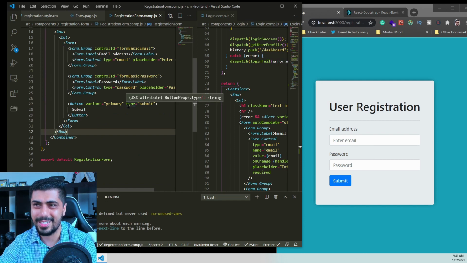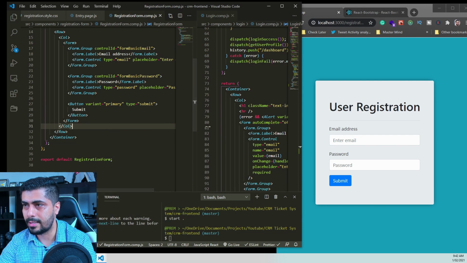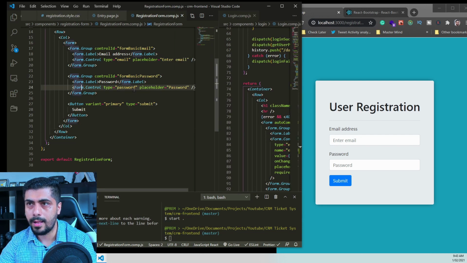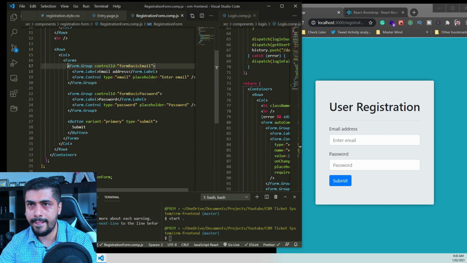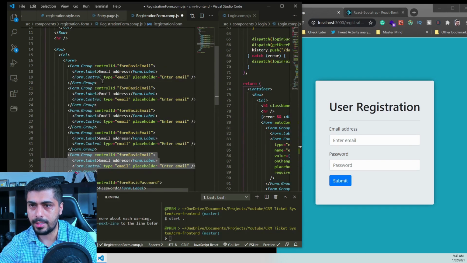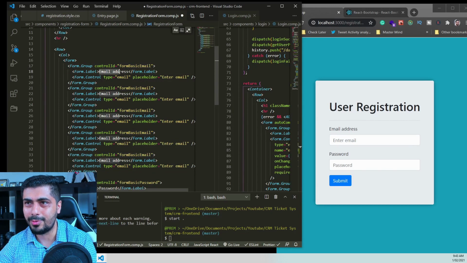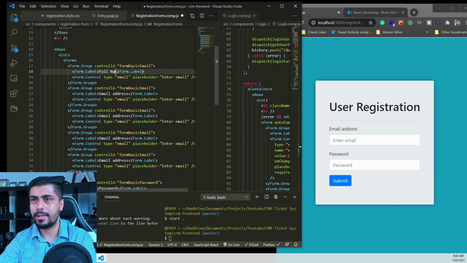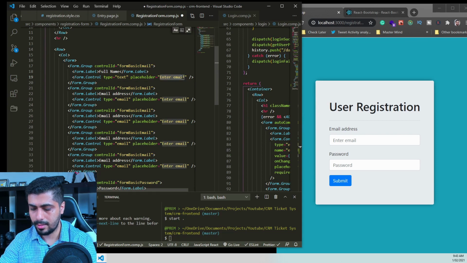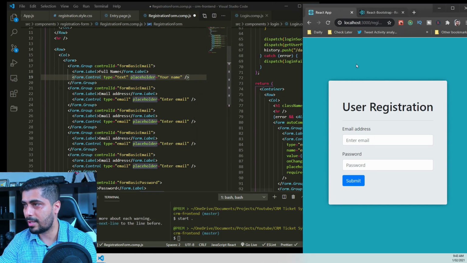Sorry, a few more inputs that we're gonna need for our user. So we're going to need 6 different input fields here. Let me copy them first. So we got 1, 2, let's make 4 more: 3, 4, 5, 6. Okay, the first one is email. No, not email. I'm gonna say full name, and type is text, and here I'm gonna say your name. That's the placeholder. As I type here, I'm gonna save the file so that you can see the changes here